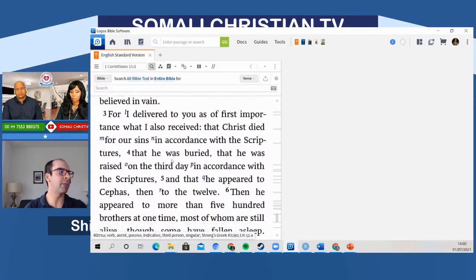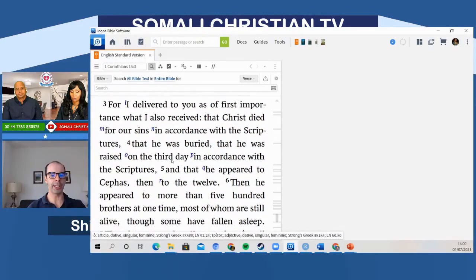Now, if Paul received this from the Jerusalem apostles, as most scholars seem to think, then that would indicate that the apostles indeed claimed that Jesus was raised from the dead. And people have put forward potential times when he may have received this. For example, people like Michael Licona or Gary Habermas will argue that he perhaps received this creed